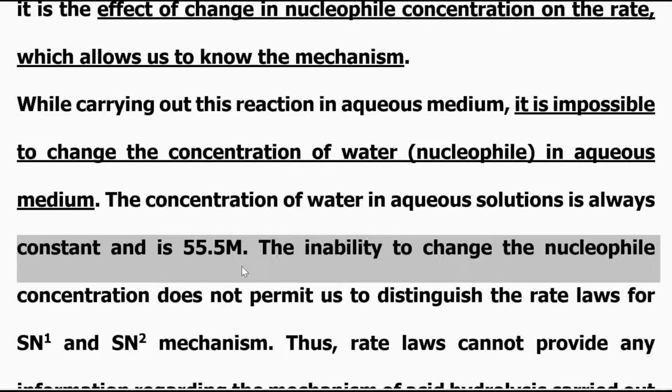Even if I take 100 ml instead of 1000 ml, that is 1 liter, then also it will come out the same. You will have to divide 100 by 18 and you will get 5.5, but since it is moles per liter, it has to be multiplied. 5.5 for 100 ml, so 55.5 for 1000 ml. So in short, the quantity of water in water always remains the same and therefore the concentration of water in water always remains constant.